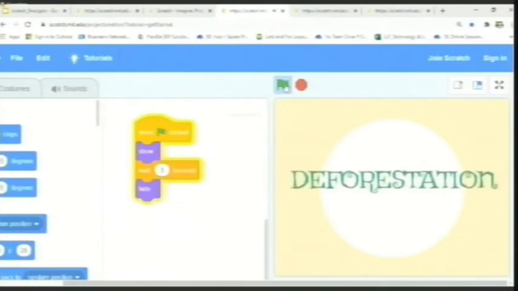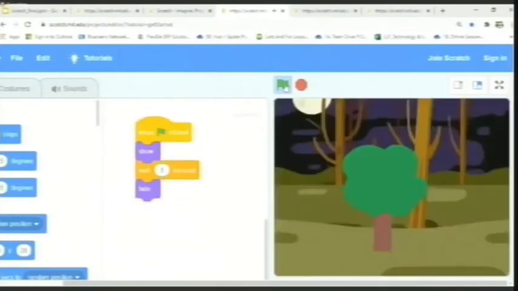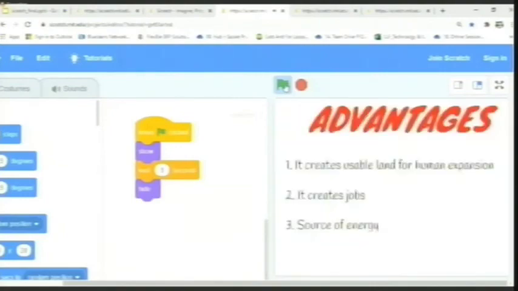Today we are going to know about deforestation. Deforestation is a process of cutting the trees for human uses. This can include clearing the land for agriculture or grazing, or using the timber for fuel, construction or manufacturing. Do you know that the most concentrated deforestation occurs in tropical rainforests?